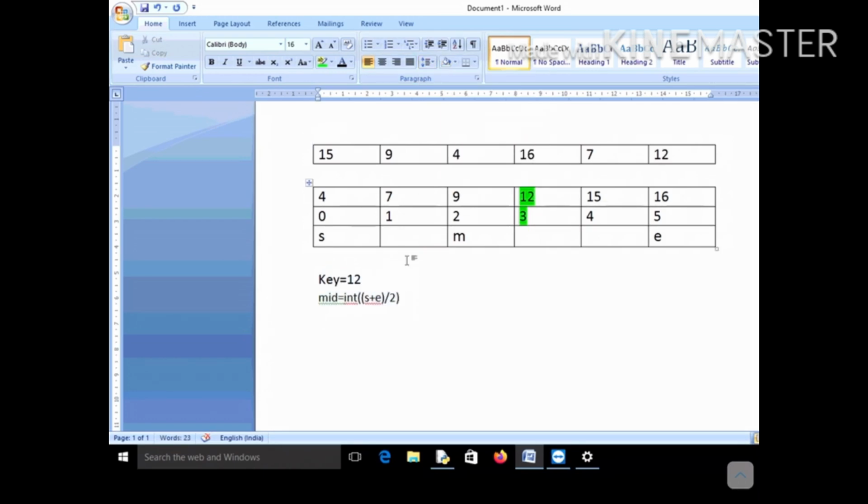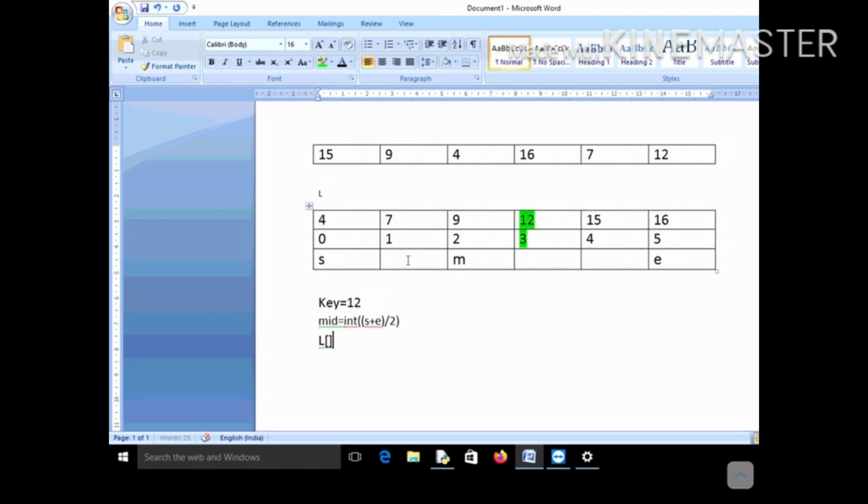Now what you do next is that you check whether the key that you are trying to search is present at this middle index position or not. So basically, let me call this list L. So your list is L. Now your task is to find whether your key element is present at M or not, whether this L[M] is equal to key or not. This is what you have to find. So what is your L[M] in this particular example? Your L[M] is 9, which is not equal to 12, which is not equal to key. So this particular condition is not satisfied.